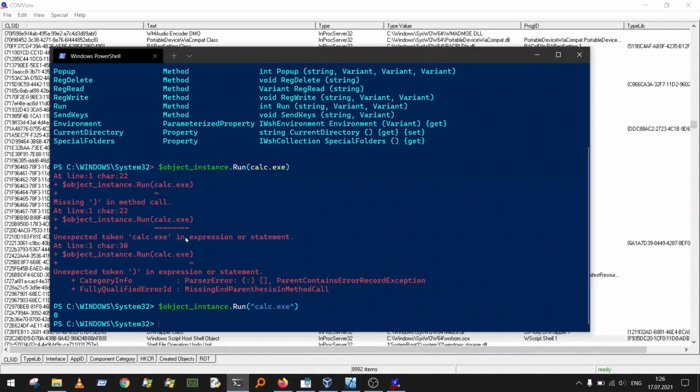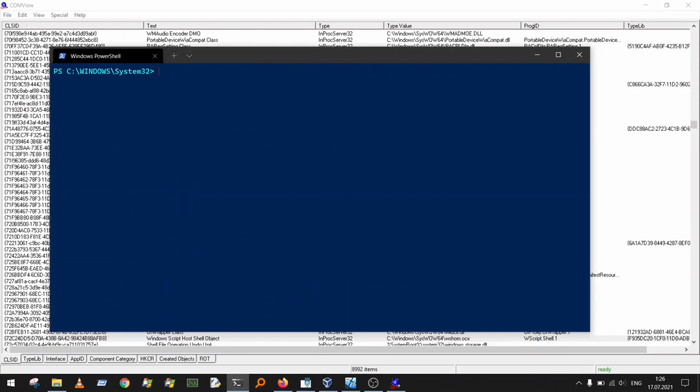Now go to PowerShell, and this is something I call quite a magic. So [System.Activator], and the method will be CreateInstance,